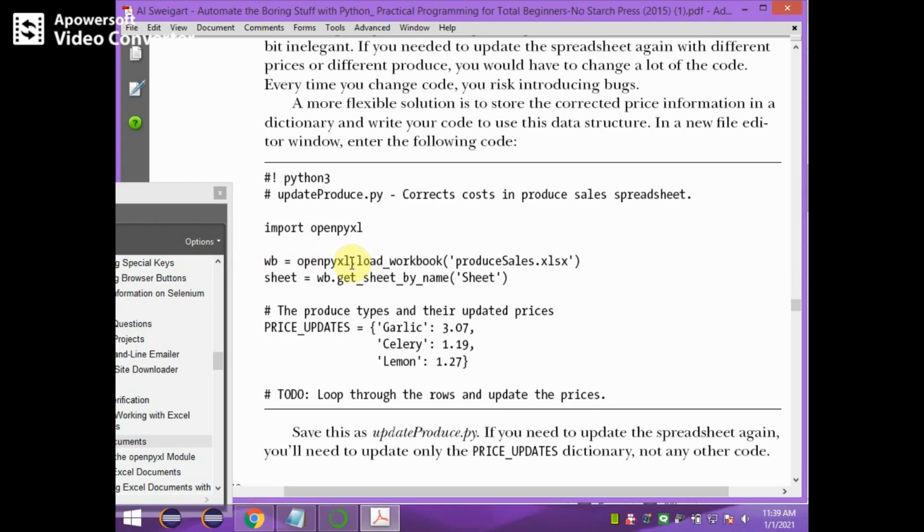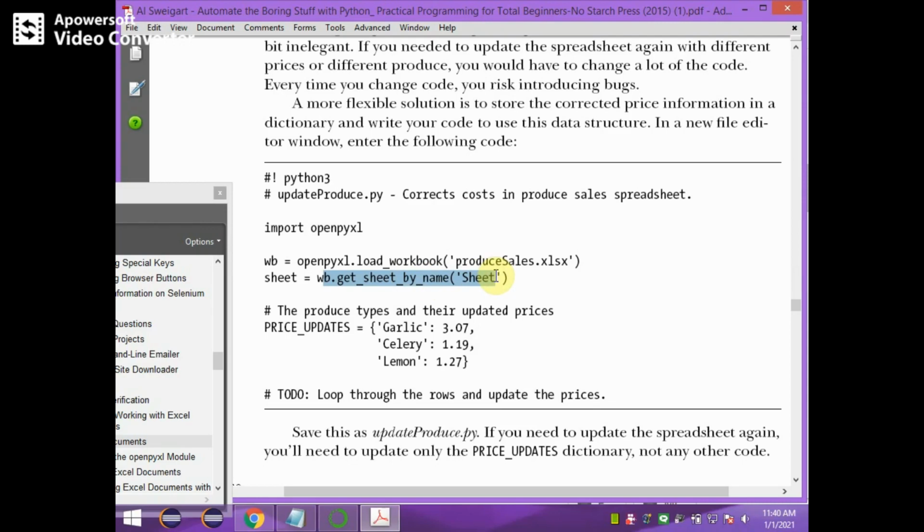Now load the workbook produceSales.xlsx and store the reference in wb. Now wb contains a reference to the workbook produceSales.xlsx. Now get the particular sheet that you want to work with, using wb.get_sheet_by_name.